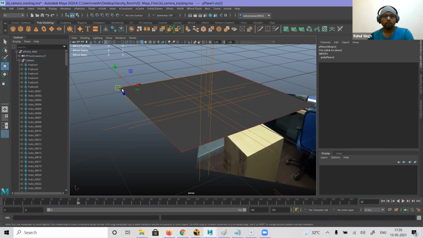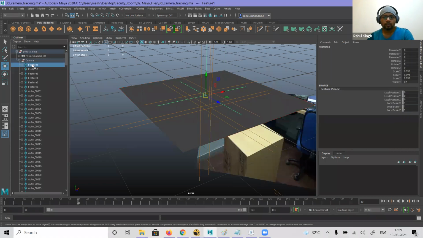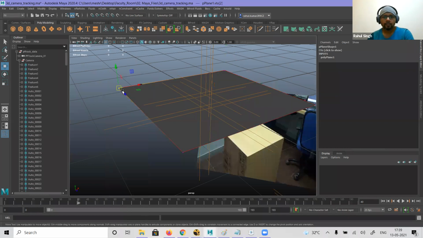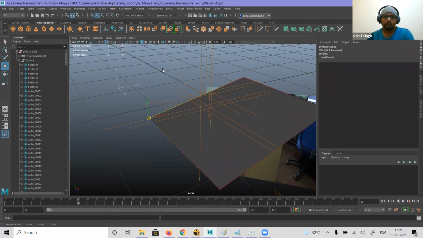Sorry, I want the move option. Press C button to snap it, right? And snap with this feature 1. Okay, this point. So vertex, select, press C. When you press C, it will turn into a circle.